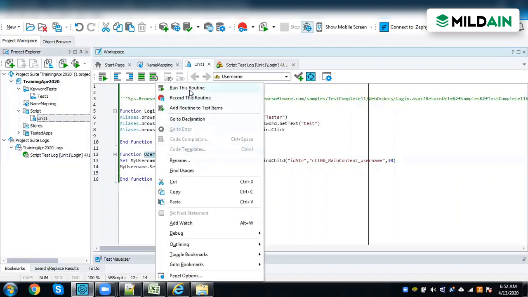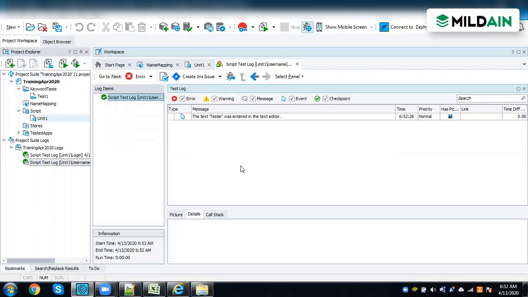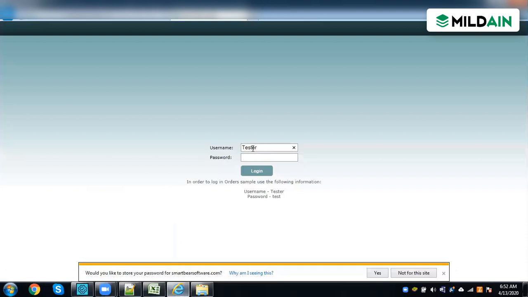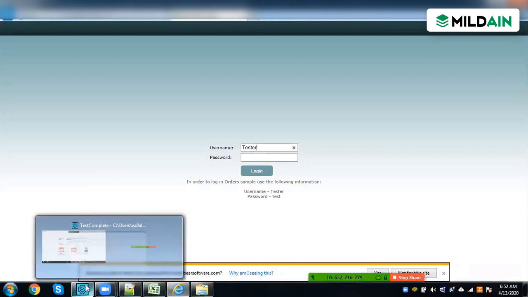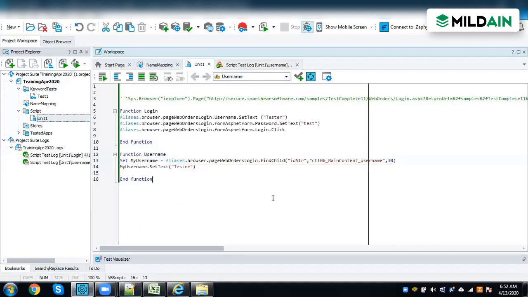So if I'm going to run this, it is going to store already until the web page, but here it is going to identify during the runtime. Based on the runtime, it's going to perform the operation. If you see, I have written only for the username, so it has identified using the username and performed the operation. Okay. So this is basically the descriptive stuff. Any question on this?